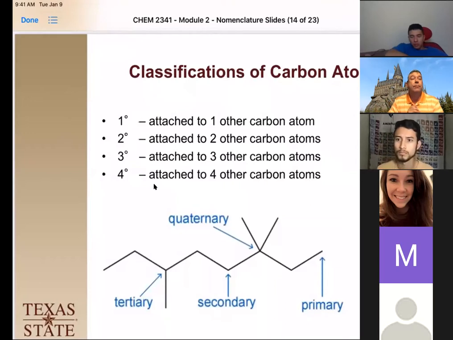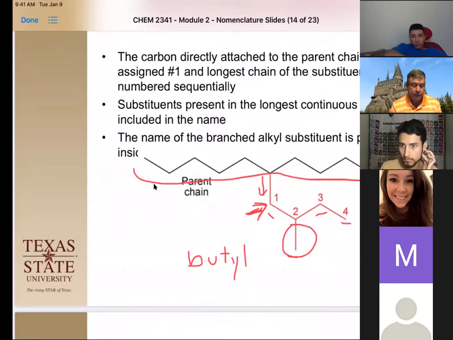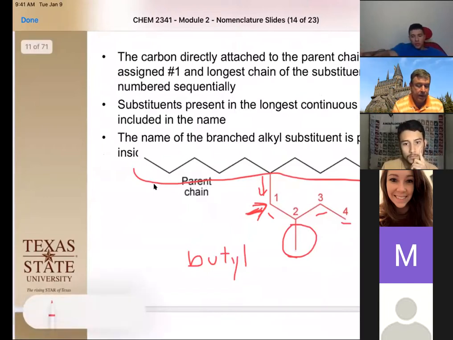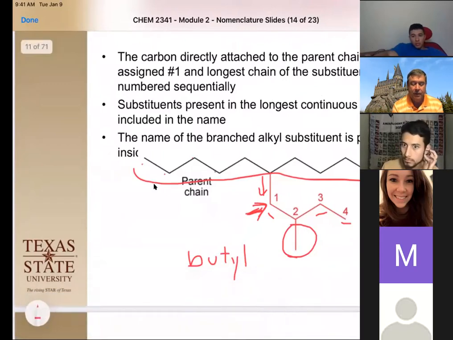Yeah, I was just wondering what was the full name for the last example? Oh, let's see. So that would be 1, 2, 3, 4, 5, 6, 7, 8, 9, 10, 11. So it's undecane, and it would be, let's see. I haven't got up to all those rules yet, so I didn't name it. Oh, okay. 6, 7, 8, 9, 10, 11. So it's going to be something like 6-butyl-2-methylundecane, but we don't have all the rules yet. So let's wait.